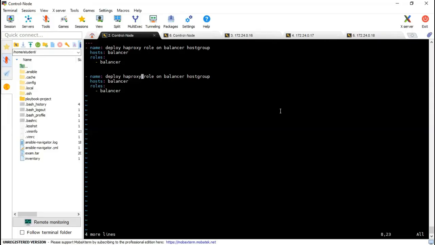Deploy PHP info role on web server host group. And here I will put web servers, right? And role, what is the role they are saying? PHP info, which we already installed, right? Save and come out.